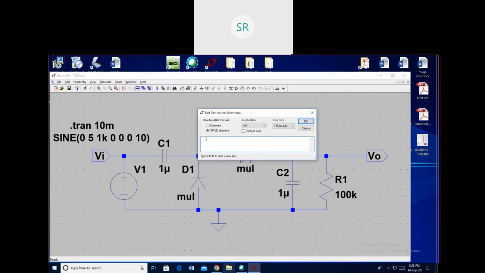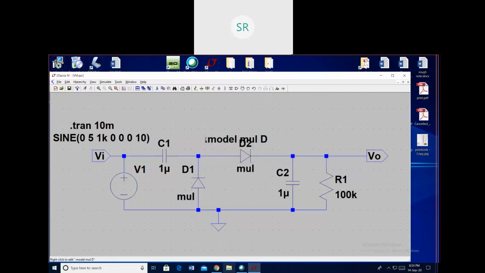The command is .model, then the model name. The model name I have given is MUL. Then the model type. The type of the model is D here, D stands for diode. So .model MUL. What does MUL mean? The name I have given. The actual name was D, within the bracket. Within brackets, now